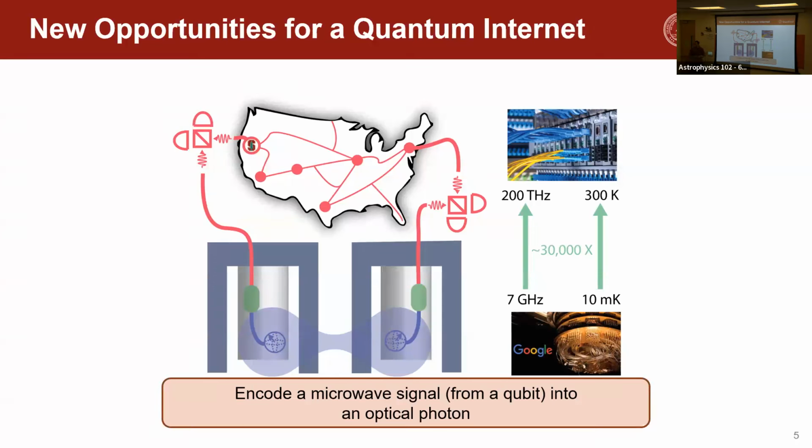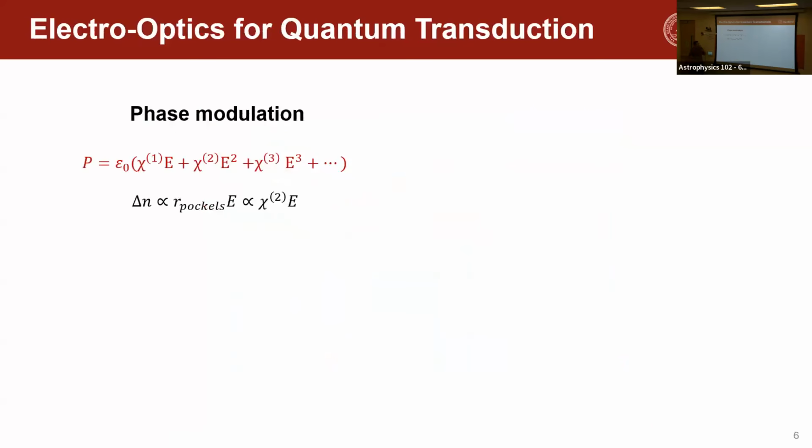to achieve this goal. And as you can imagine, the reason we want to do everything at cryogenic temperatures is, of course, that when you do this transduction, you want to be able to do it when you don't have sources of thermal noise, so you want to do it directly at these very low temperatures. So taking a step back, how can we use electro-optics for this application?